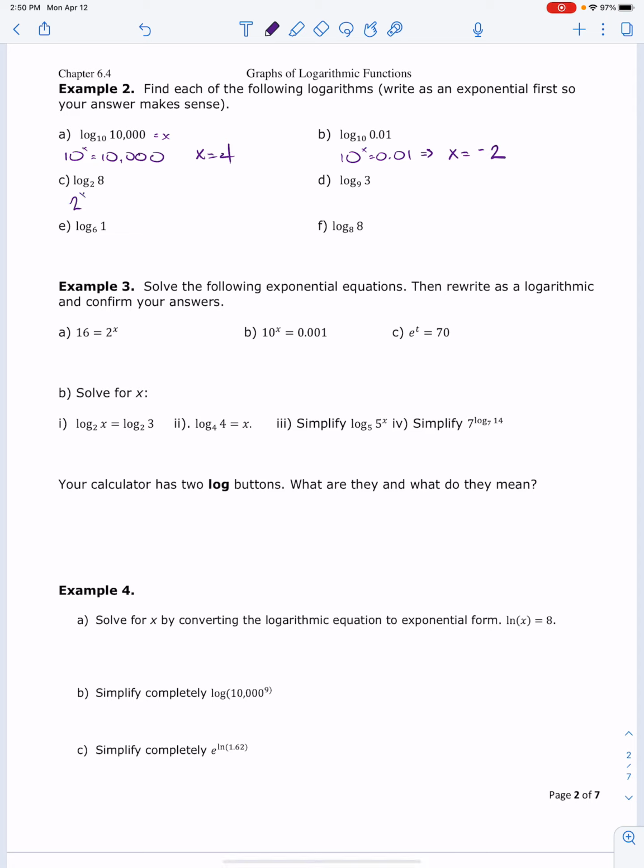We have 2 to the x equals 8. x equals 3. 9 to the x equals 3, which means our x equals 1/2. Remember that an exponent of 1/2 means take the square root. 6 to the x equals 6, so x is 1. 8 to the x equals 8, which gives me an x is